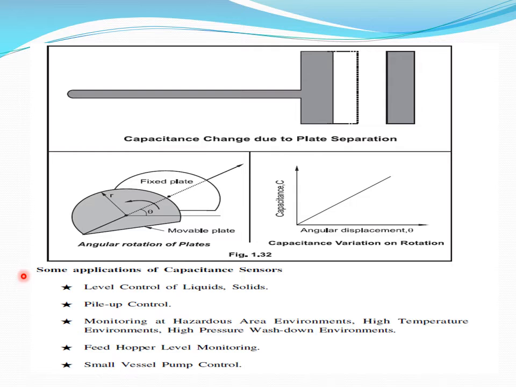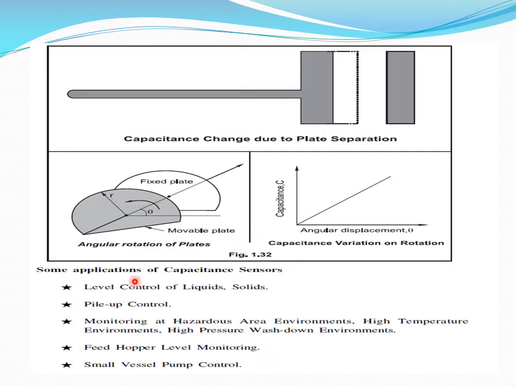Capacitance type proximity can be further used for measuring the angle or rotation. So this is the rotation of this plate, this is the object to be monitored, rotating over a fixed plate. As we keep on rotating, the overlap keeps on increasing. So for the angular displacement, you take the XY axis, angular displacement is shown in this direction and the capacitance developed is shown in the Y axis. So as the angle increases, the overlap is increasing, so correspondingly the capacitance is increasing in this direction. So these are some of the different types of capacitance type sensors.